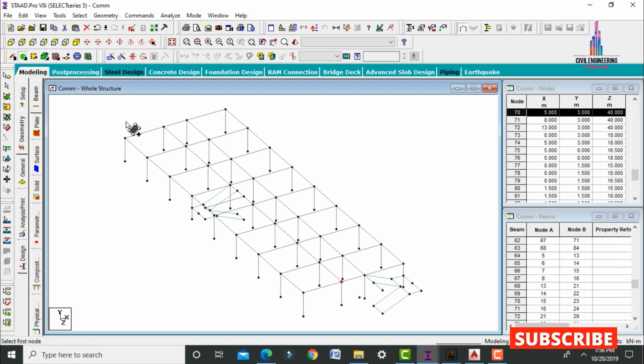Now we have to select the add 4 node plate, select first point, second point, third point, fourth point. Connect these respective points with the help of cantilever slab. So after that we have to create the slab section for this respective building. So click on slab section, select add 4 node plate, select the first point, second point, third point. In the same way we have to create the slab section for this respective section here. So select this section like this. So here I am selecting the slab section for this respective model.